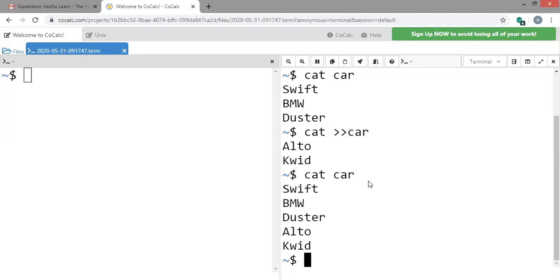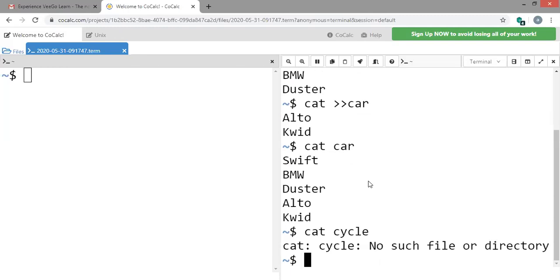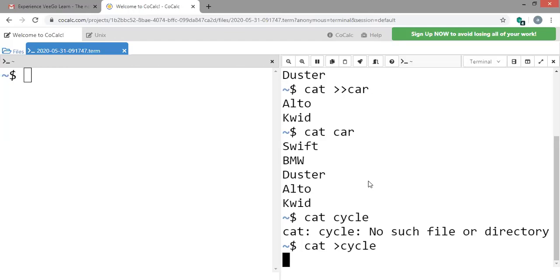Okay. Then the next command which we are supposed to see is I'm going to create one more file, and I will specify this as cycle. So I have created one more file called cycle. So, sorry, cat cycle. Now we are supposed to add the contents into the file.